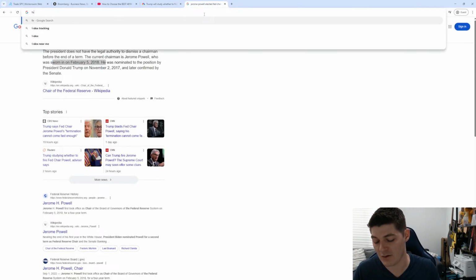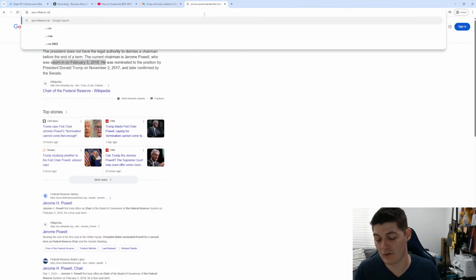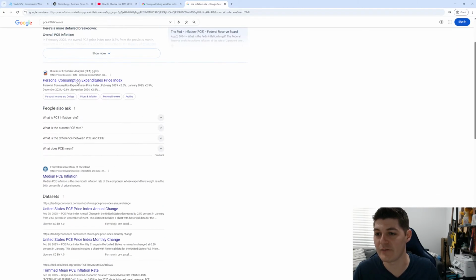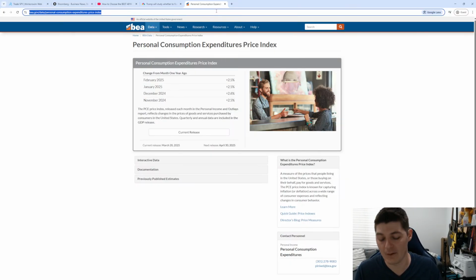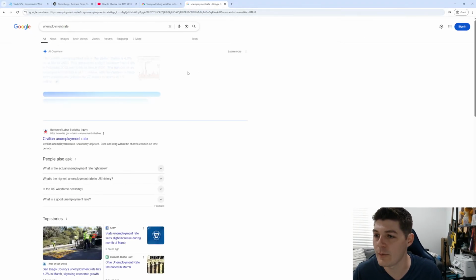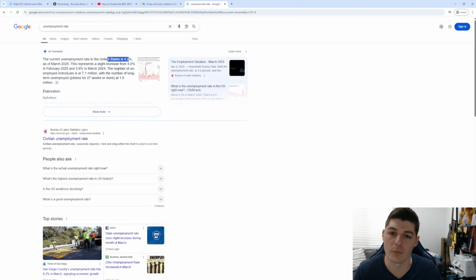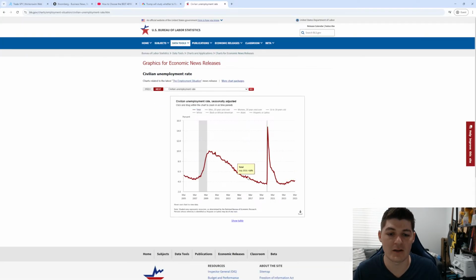If we look at the PCE inflation rate, which is the Federal Reserve's measure of inflation, it's around 2.5%. It's elevated, but in their view, it's not all that bad. You can see 2.5, 2.5, 2.6. Their goal is to keep this around 2%. The other metric that they look at is unemployment. And unemployment has also stayed pretty steady. It's around 4%. It's increased a little bit to 4.2%. It's kind of bouncing around between 3.9 and 4.2, and that is very low historically speaking. Let's see if we can find a chart here. You can see that it's low historically speaking.